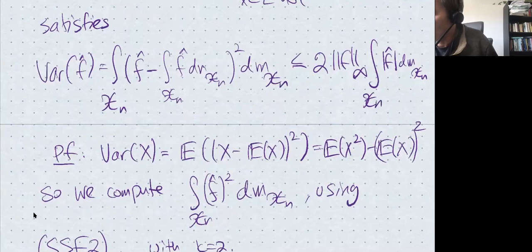I'm going to separate f into its negative and positive parts. I'm claiming that it's enough to prove this separately for the negative and positive parts if I manage to prove it without the constant 2.